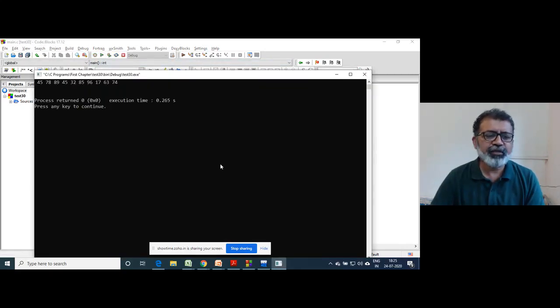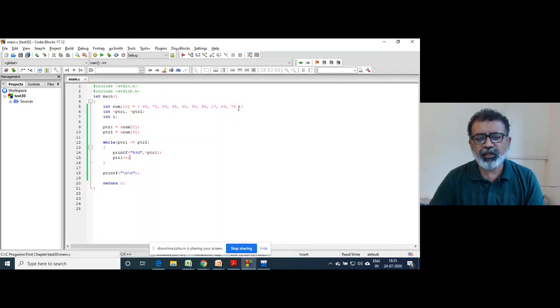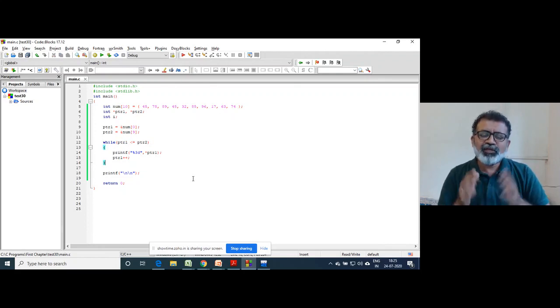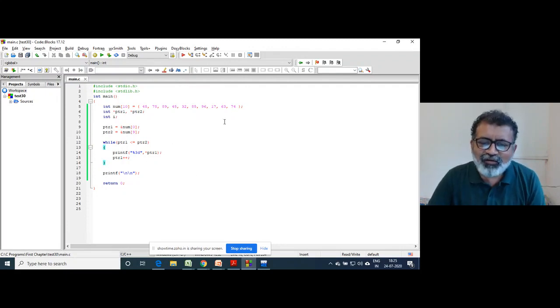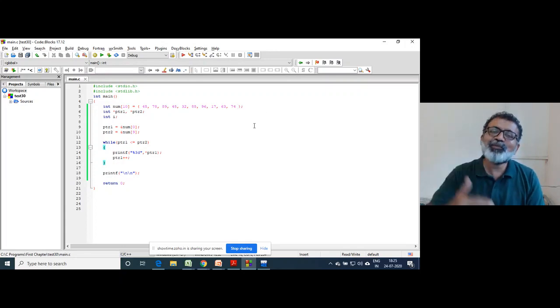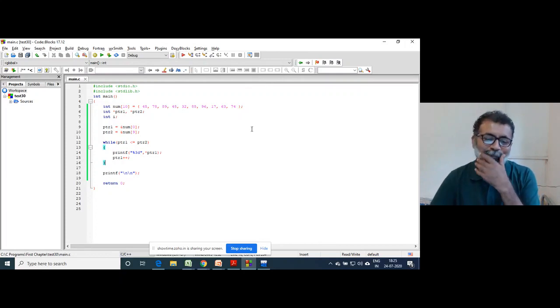Yes, it is printed, the whole array. So two pointers can be compared. It says execute the loop till ptr1 is less than or equal to ptr2. When ptr1 goes ahead of this location, the condition becomes false and control comes outside. This is how anything can be done, just playing along with the pointers.